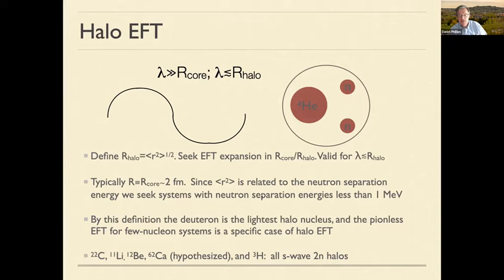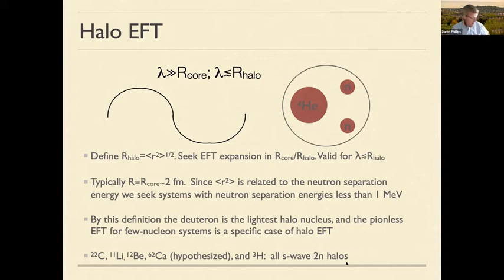It connects the physics of those halos to the physics of the lightest nuclei, the deuteron, the triton, helium-3. So the S-wave 2 neutron halos that have been tackled using this approach are listed at the bottom of the slide. And in fact, because the physics of these systems when viewed in this way is dependent only at leading order